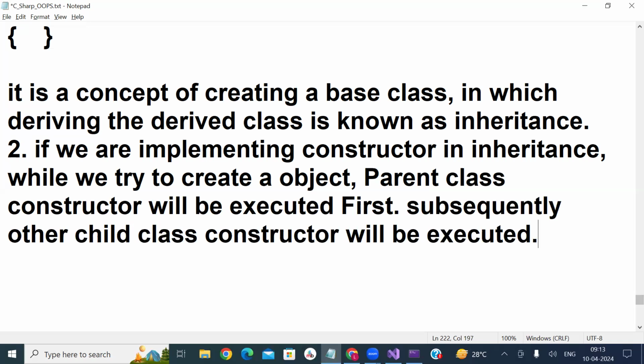This is an interview question. They will simply ask you, I have a class 1 and class 2, class 2 is derived from class 1, tell me which constructor will be executed. You have to tell that the father class constructor will be executed first. Saying the base class would be inherited by the child is yes, okay, but the actual industry standard people will talk like this. Do you get my point?